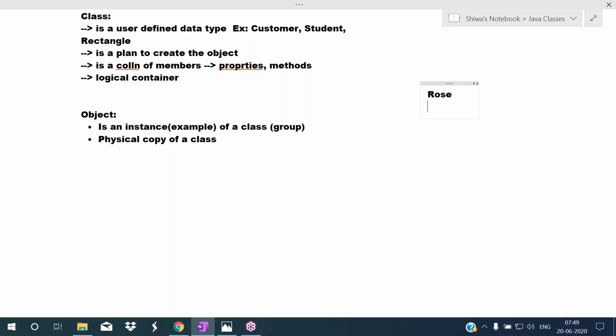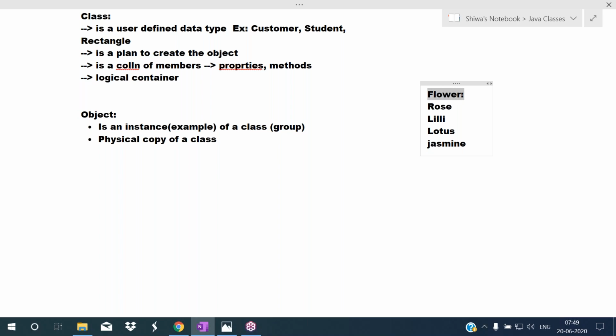Next, lily is a flower, physically existing. Lotus is a flower, physically existing. Jasmine is a flower, physically existing. All of these come under one particular category, one group, one classification, that is, flower.